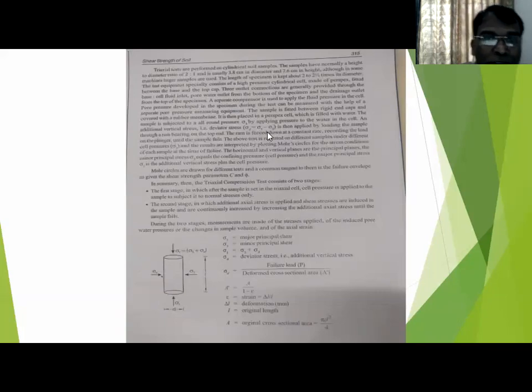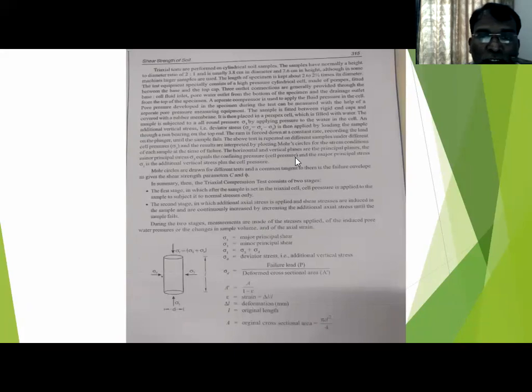So from the top, what stress are we applying? We are applying deviator stress, and deviator stress is equal to sigma 1 minus sigma 3. The ram is forced down at a constant rate, recording the load on the plunger until the sample fails. The above test is repeated on different samples under different cell pressures, and the results are interpreted by plotting Mohr's circle. So for different sigma 3, different pore water pressure, different load, we find out these cases, and then we draw the Mohr's circle diagram and find the failure